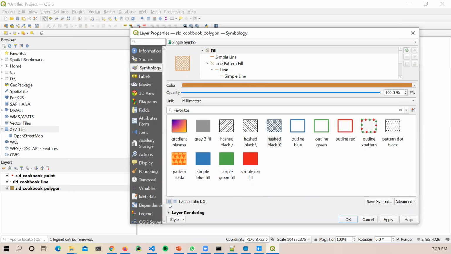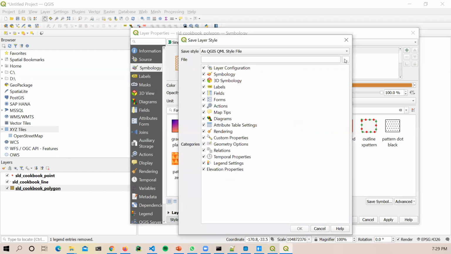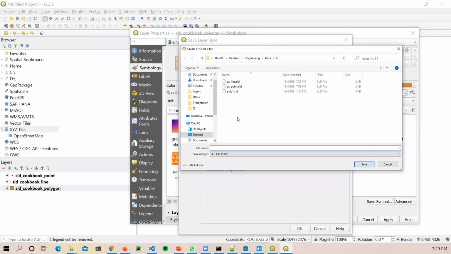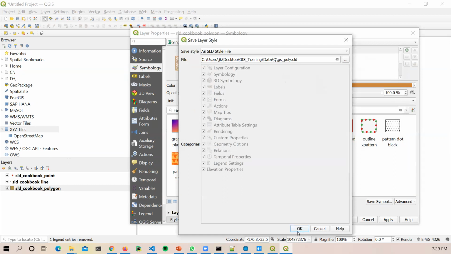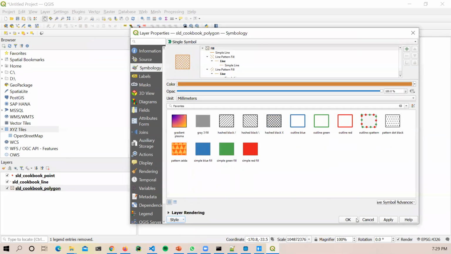This is the preview. Then I will save the style, save as SLD up here. It should always be SLD. Then I click on browse. Then I save it as GS poly SLD, GS underscore poly. And I save and I click OK. And I also click apply here. Oh no,